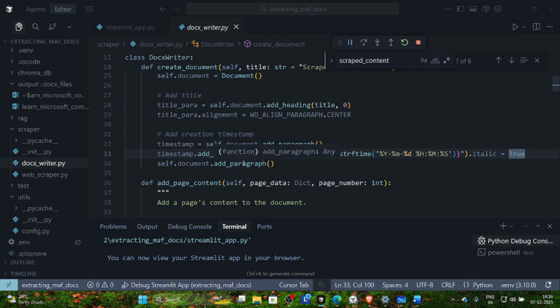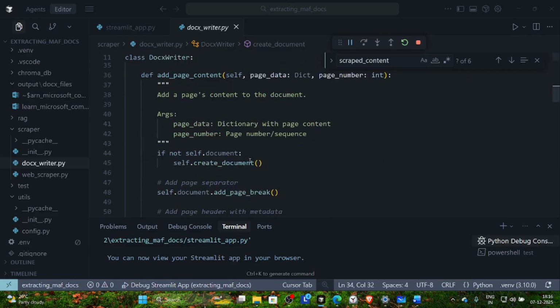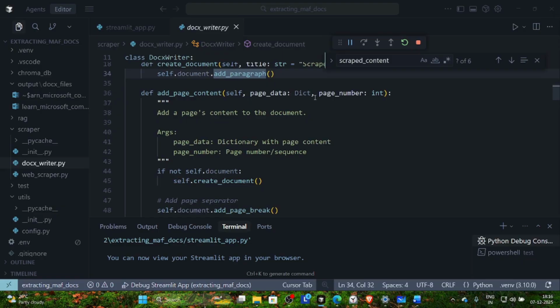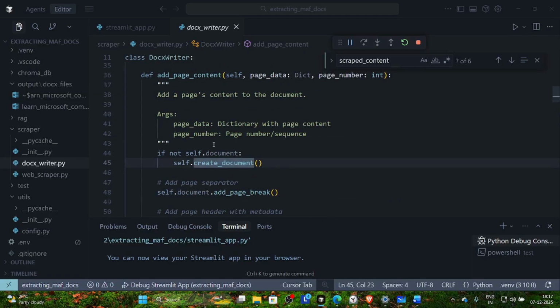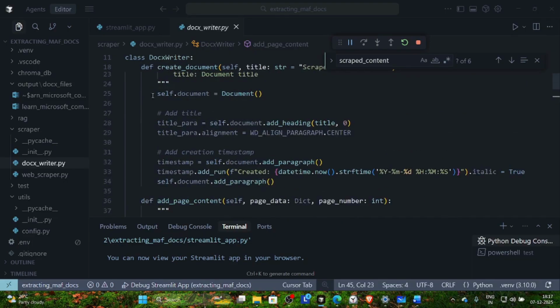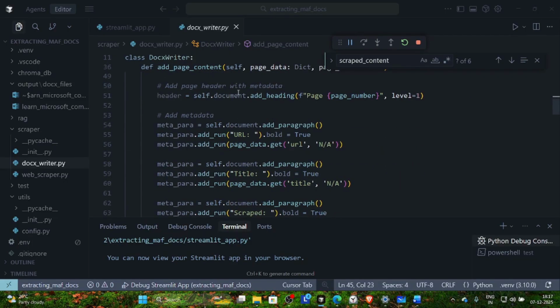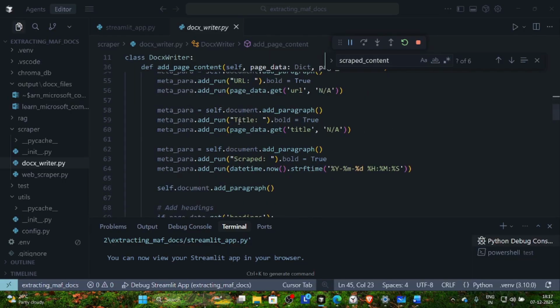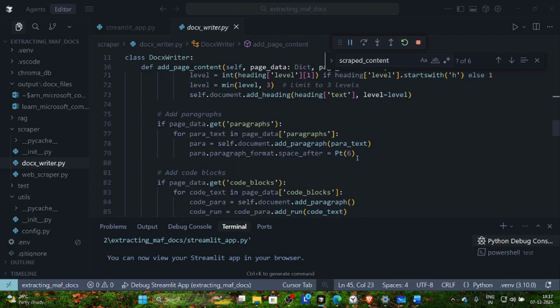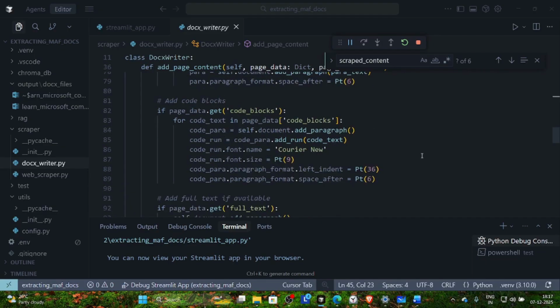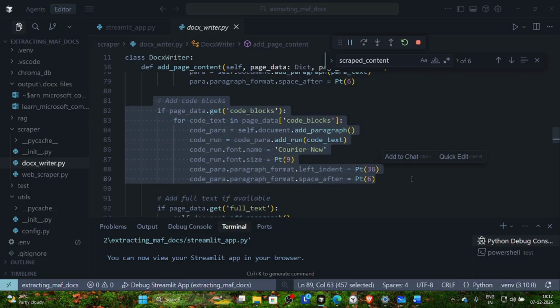Creation time is set. Now it's time to add paragraphs. So the add page content function is there. First we create a document, and it will initialize this function again. We add our page number as we saw before, and the URL, title, and scrapped time, and we add our paragraph, the heading and the type, and lastly our paragraph. This is the part for our code block. We are adding our code block,